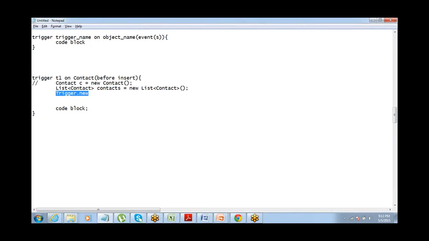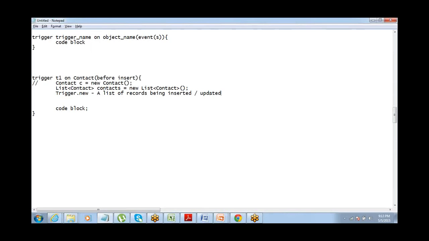So I don't have to worry about defining the SObject and all that stuff. All I need to do is check within Trigger.new. So Trigger.new is a list of records being inserted or updated.